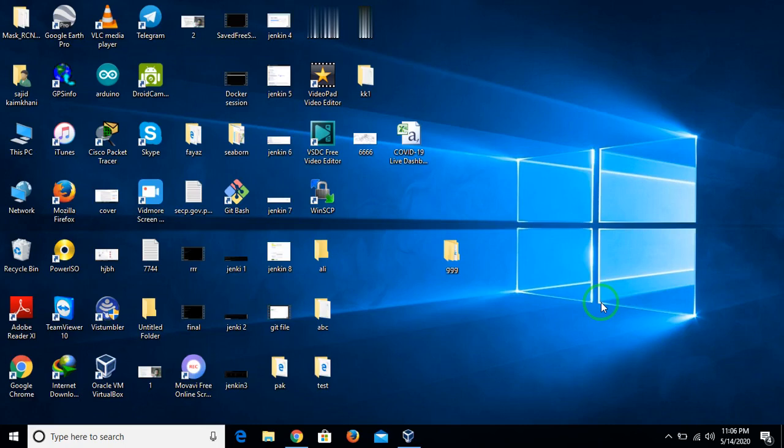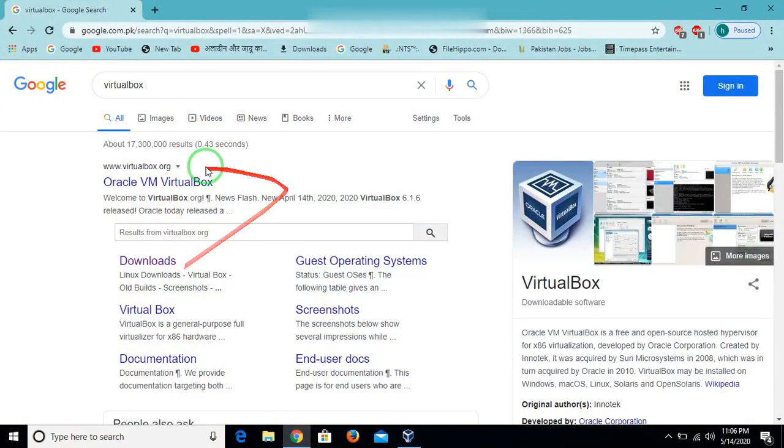Today I want to teach you how to install Red Hat 8 OS in your VirtualBox or in any machine. So how to install VirtualBox on your Windows system? Just go on Google and type VirtualBox. The link will come up here. Just click on the download option,